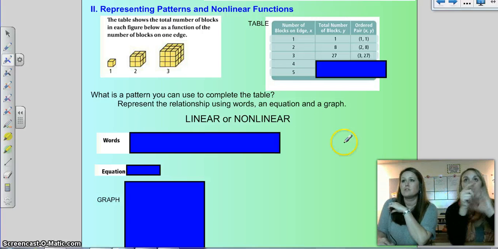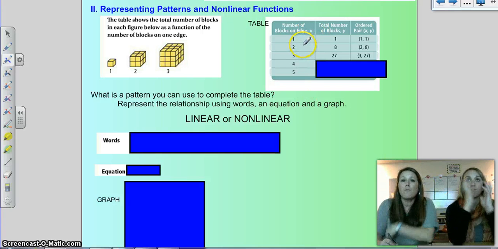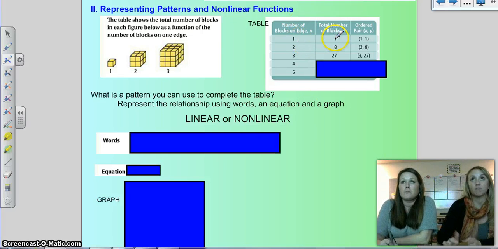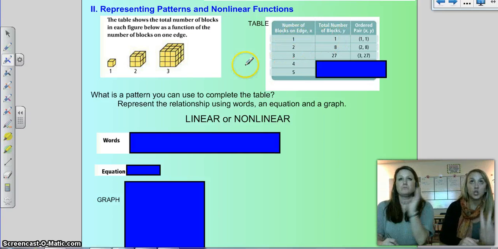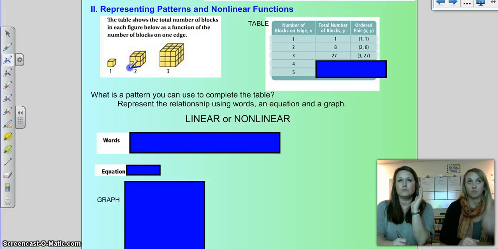Fence decorators. See about ours. Okay. So if we have one block, we have one total block and one edge block. Right. Oh, okay, never mind. That's what we already said. Yeah, no, you're fine. Now, the second one, if I have 2 blocks on an edge, so 1, 2, what